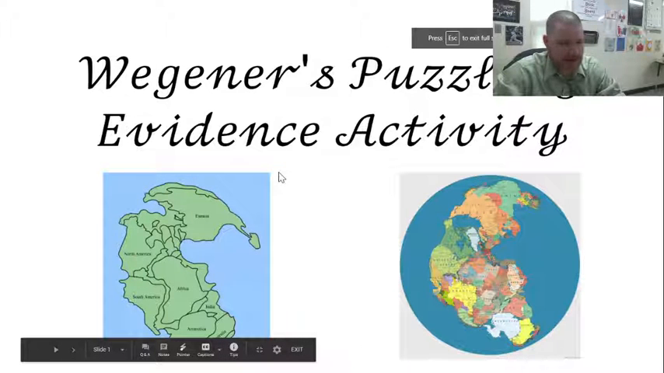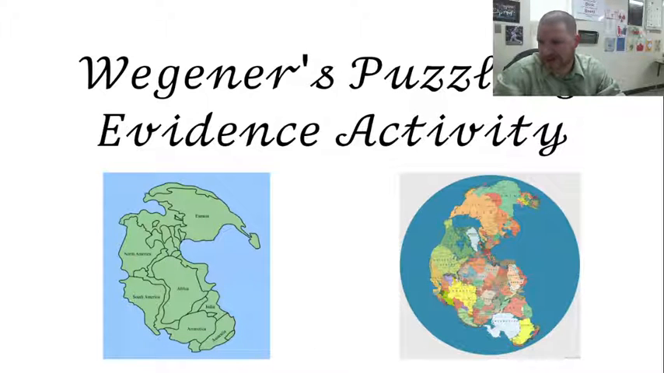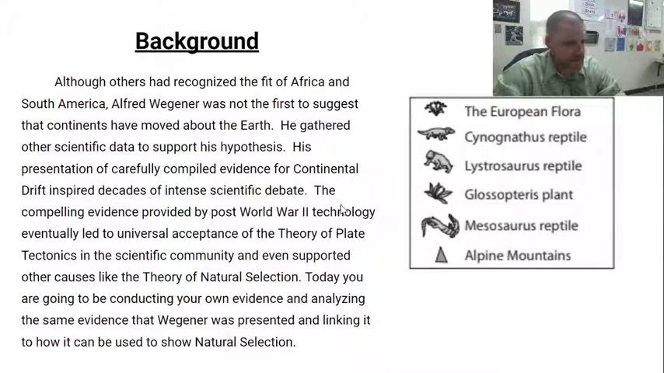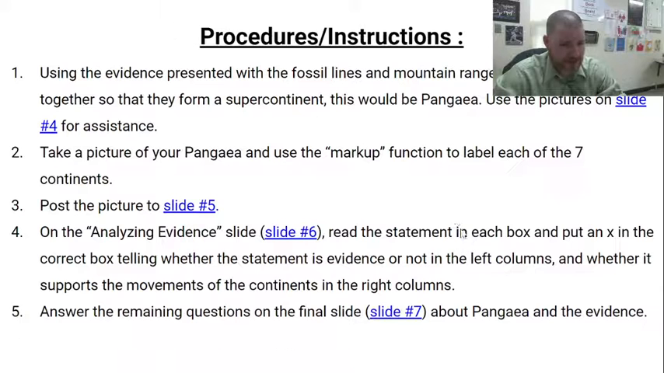It's Wegener's puzzling evidence activity, because Wegener is the guy that first suggested that Pangea existed and all of its different arrangements. So we're going to follow in his footsteps and see if we can assemble Pangea ourselves. So here's a little background information. You need to read through the background information so that you know kind of what we're doing. Also, this will help you with the questions later on, as well as our key presented here over on the